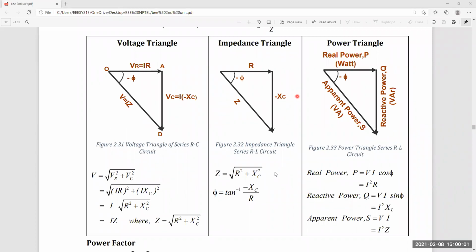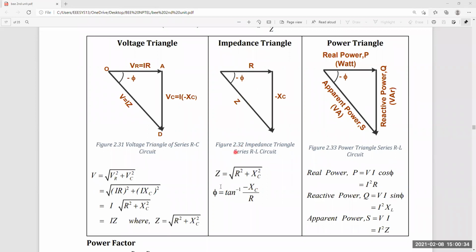In mathematics you take i, but from the electrical point of view, i is called current. That's why we take another parameter called j. From the electrical point of view, Z is equal to R minus j XC. The magnitude of Z is the square root of R square plus X square. Then phi is equal to tan inverse of minus XC divided by R. What is the power factor here? Cos phi is equal to R by Z, the same for a series RL or RC circuit.